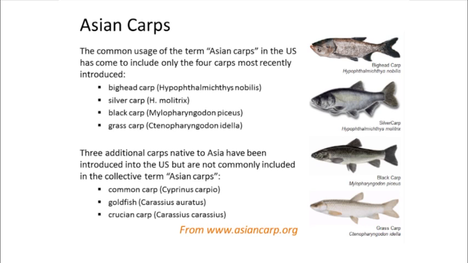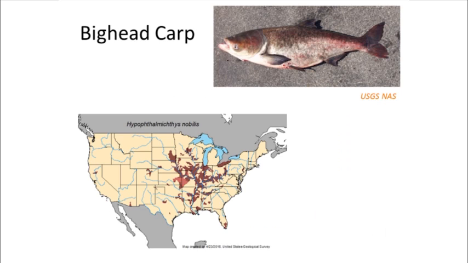And there are 3 additional carps that are native to Asia that have been introduced to the U.S., but they're not usually included in that bucket term, Asian carp. But that includes the common carp, which is typically stocked, goldfish, which can be considered an invasive species as well, and the Crucian carp. And so just focusing on the bighead carp first, this can be a very large,